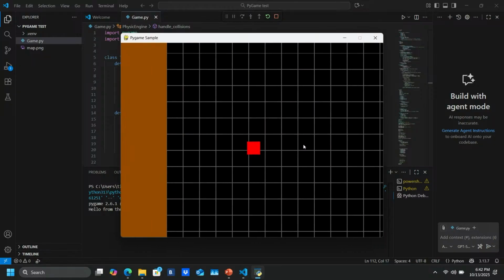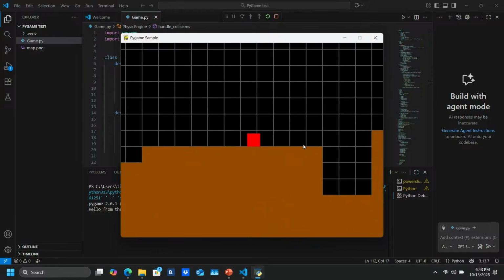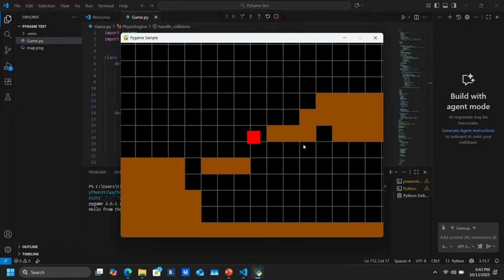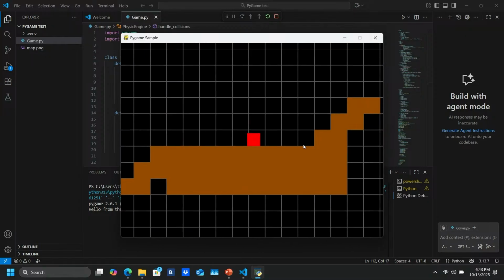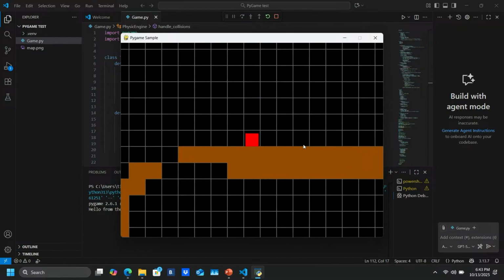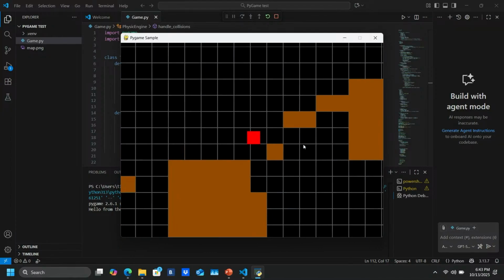As for platformers, we can do something similar to this. The problem for this one is you're going to have to make a physics engine, so you're actually going to have to check collisions and give every object some state for whether it's collidable or not, and you're probably going to have to apply gravity to your object, or else your object is not going to fall in the first place.